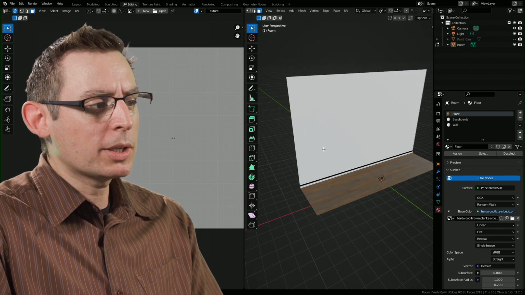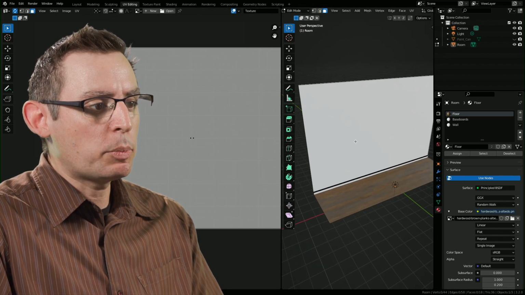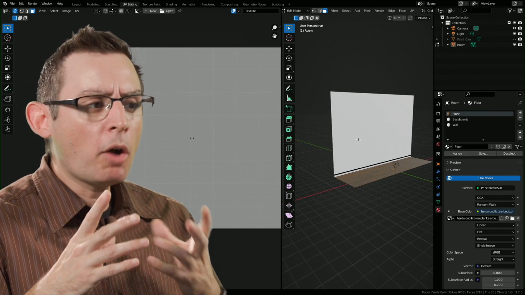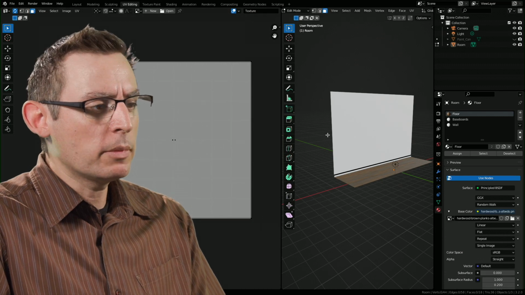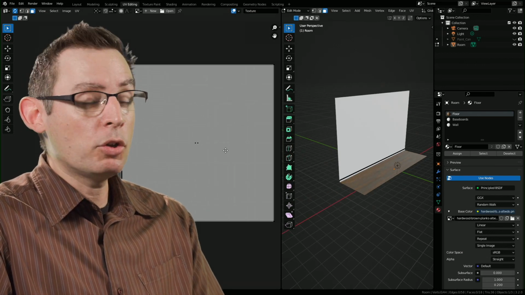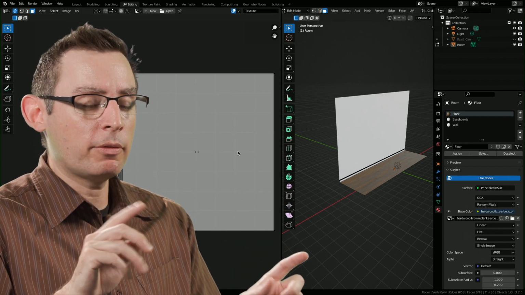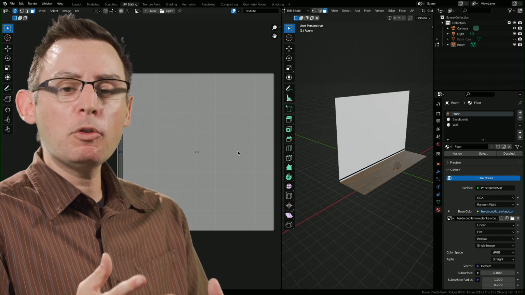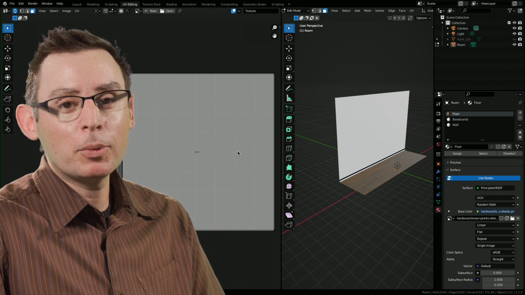So our UV workspace and our UV work environment is designed to be a pretty fluid, comfortable workspace. This grid is important. Be aware of the relationship between the 3D polygons on the right and their 2D representations on the left. This is going to be our home away from home in this entire module. So take a few moments, get comfortable working in this space.